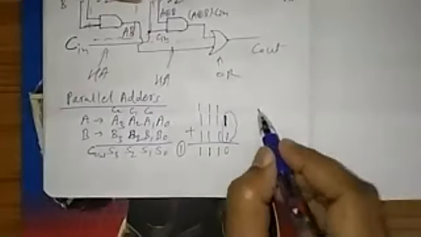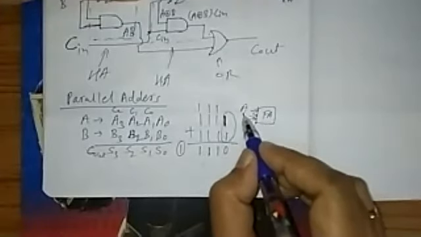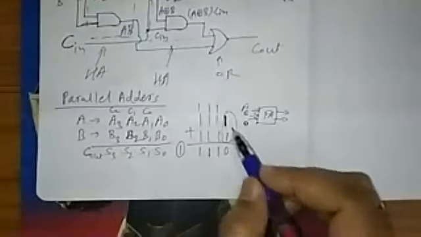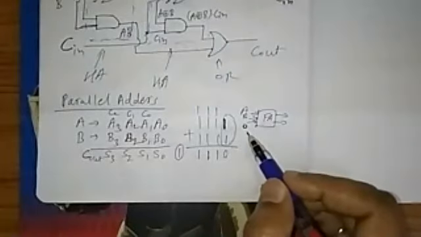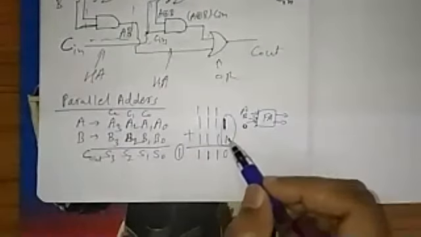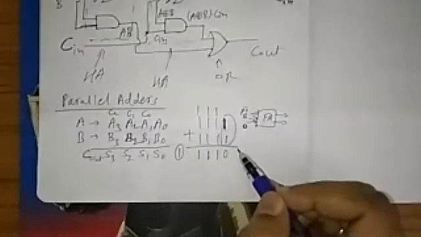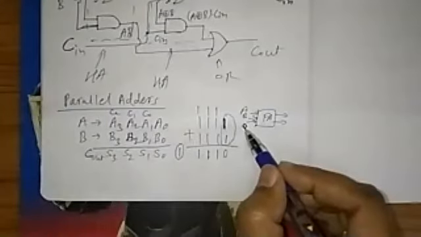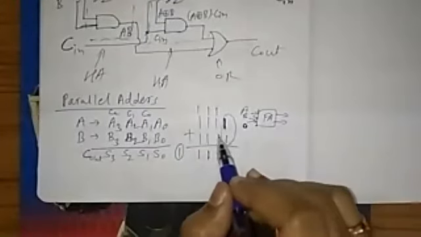I want to standardize that IC, or I want to use the replica of the full adder. In that case, a full adder has three inputs anyway. Two inputs will be A and B, and the third input Cin I can make 0. If I make Cin 0, it will give me the addition of these two bits, similar to a half adder only, because the previous carry is not there at the unit place, the first bit or LSB bit. Therefore, I will make carry in 0, and I can use a full adder at all places. This is how I can build the concept of the parallel adder.